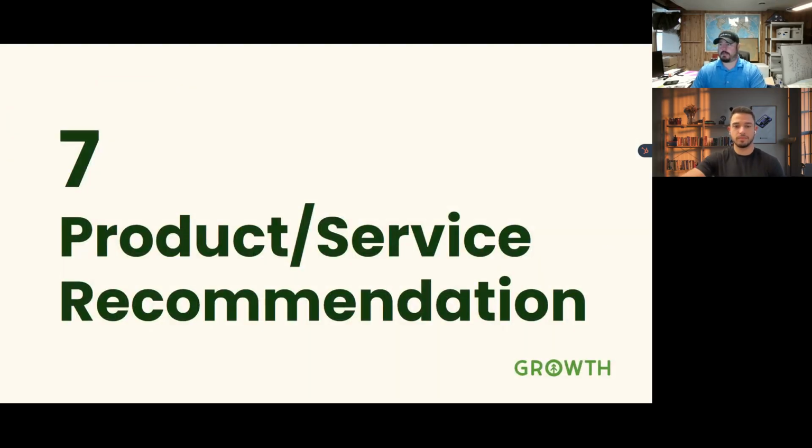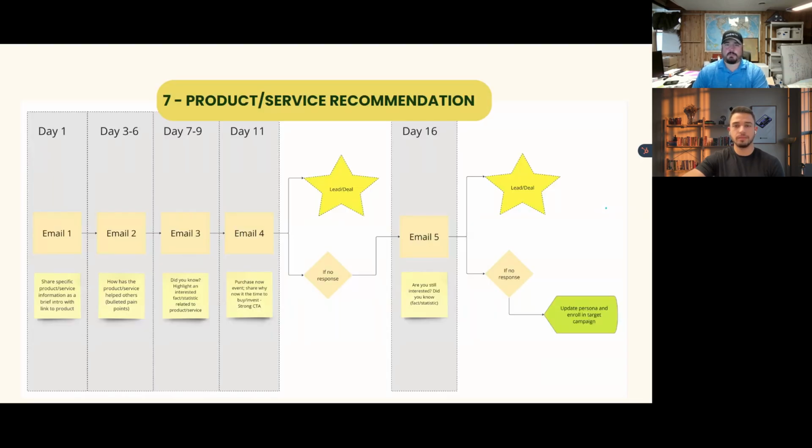Number 7 is a product service recommendation. This is often used and very effective based on a persona. So it's always important that we know the ICP or persona of people in your HubSpot. And the entire goal of this is to recommend something based on a previous action. So if we identify on day 1 that they are interested in a specific product or service, we want to send out an email that links additional information, sending 3, maybe 4 following emails on how we've helped others,